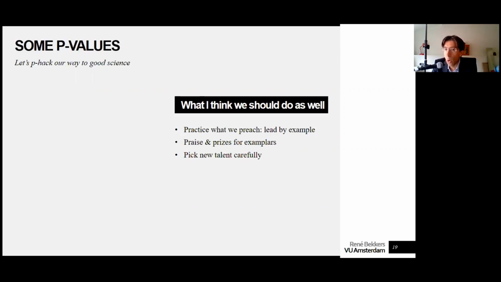The problem of the older researchers being in the way is maybe a generational problem. And if we select new talent to be good at open science practices, they will replace older faculty in the long run.